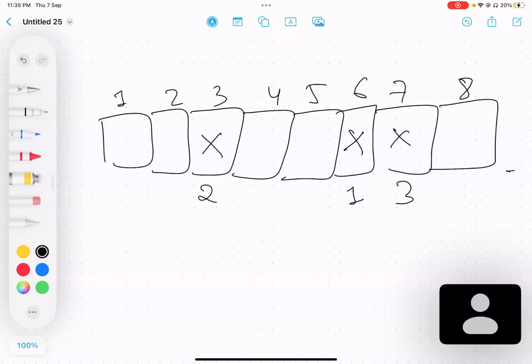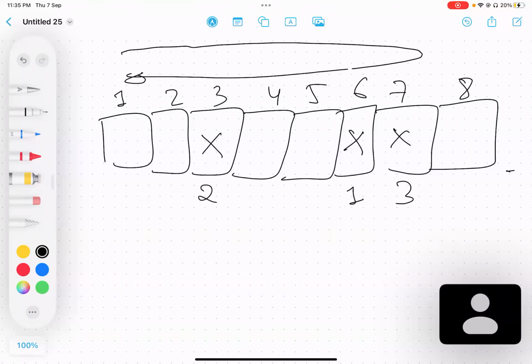Now what the question is saying, you have to choose a value of K and you will move from 1 to K and then come back, right? Now you need to maximize K such that you do not fall into any trap. And what do you mean by trap is, so at index 3, we have a value of 2, right? So it basically says, if you come here at or after 5 seconds, then you will never be able to go back to 1, right? So after 5 seconds, you can't come here, right? So similarly, this is saying that after 7 seconds,